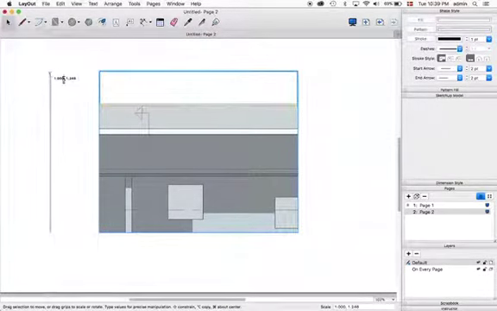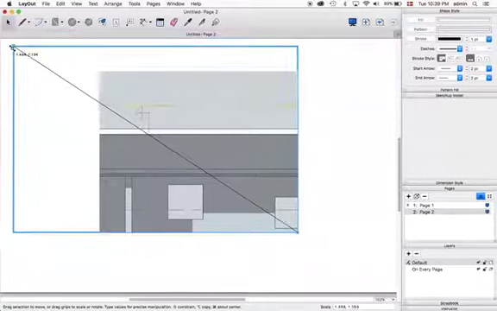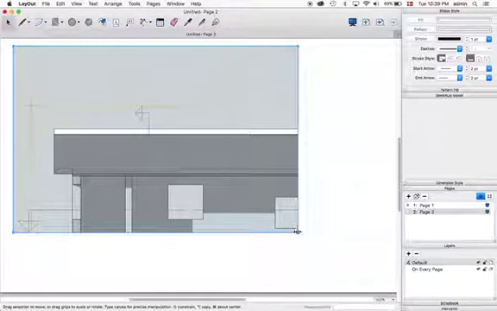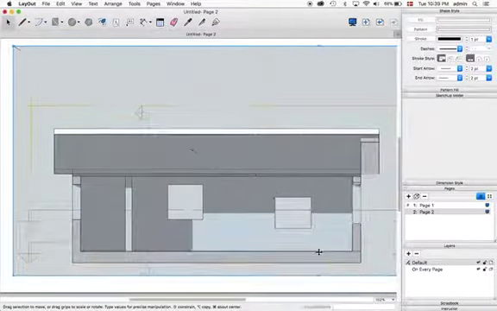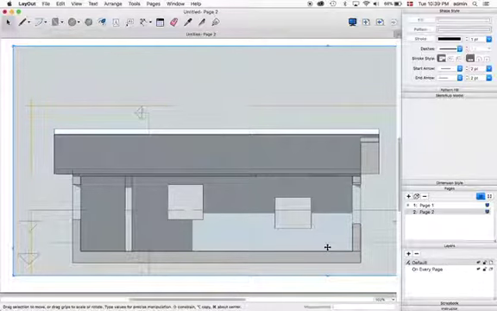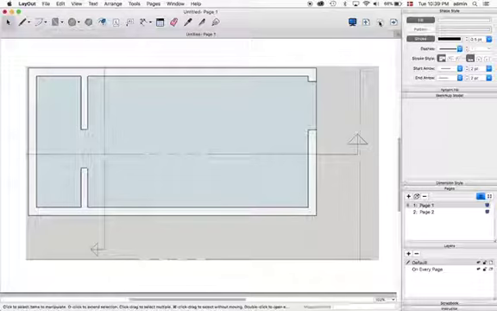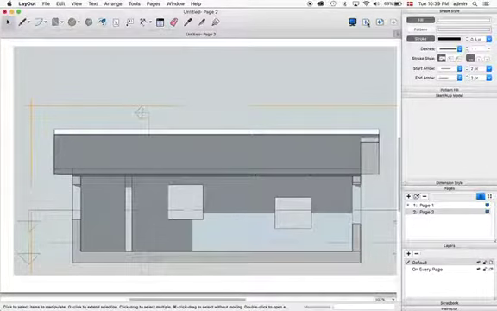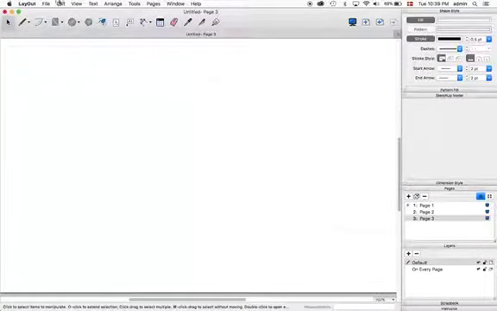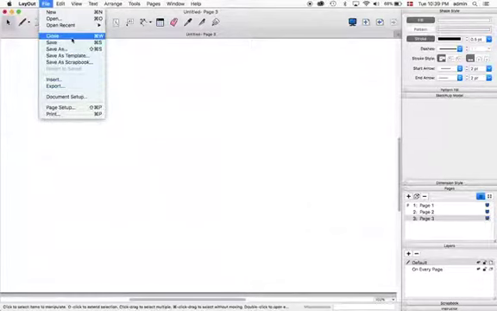Alright, so this is basically what you're going to work from when you build your model. You're going to make a model from these pieces, and it's going to be hopefully very useful for you guys to work from these drawings. So I'll do it once more for the other view. So insert